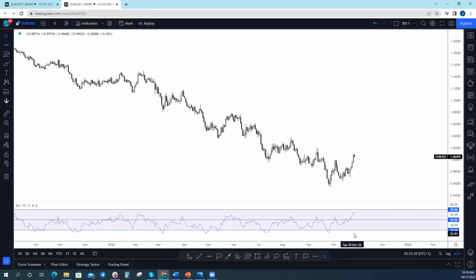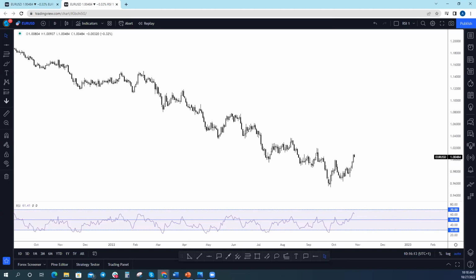Below 30 is undervalued or oversold. What this tells you is once price enters this area between 70 and 100, we could potentially be in line for a price decline. Once we test the oversold, we could be in line for a potential reaction. As you can see here, perfect example, oversold here, and price reacts to the upside. So it's a red flag that we could see price turn to the upside for oversold and price turn to the downside for